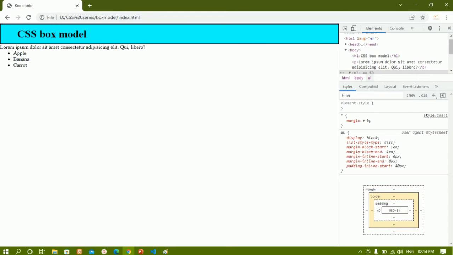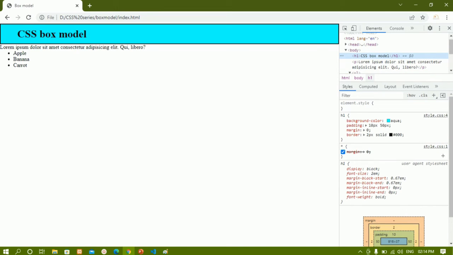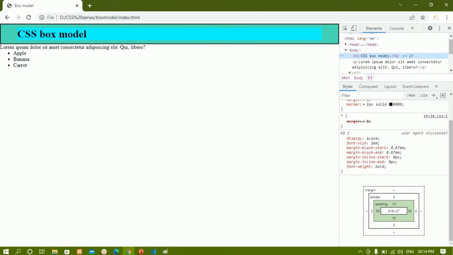Now when I click on this border, it is going to indicate, but it's not visible, but still it is going to indicate that yes, this is the border. For that we are not having any margin, and this is the padding. Let me come to H1 now. Whenever I click on this border, you can see it is going to indicate me the border. It is changing the color, but it's not visible here. Margin is not there, and padding I am having this much. Left and right I am having 50 pixel, and top and bottom I am having 10 pixel. You can see this spacing around this one.